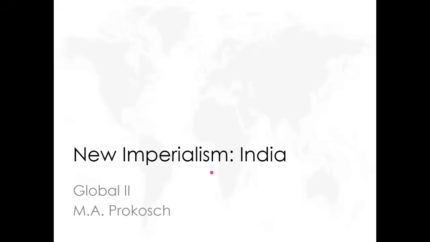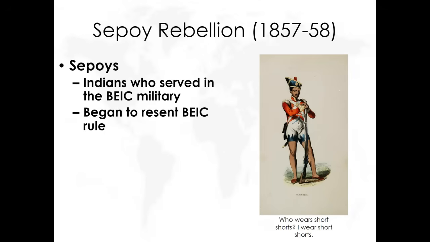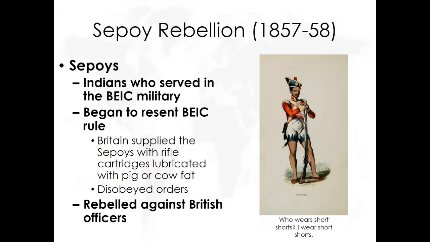All right, now we have new imperialism in India, and this is going to be all about the British. So we know the British are involved in India because they want the raw materials, especially cotton. Tea is another major one, and also opium. So Indians, after, at this point, let's say just over 75 years of British control, they're going to start resisting British imperialism. So the British East India Company, which was that joint stock company that actually really governed India before the British government actually did, they hired Indians to serve in their own military, and those Indians were called sepoys.